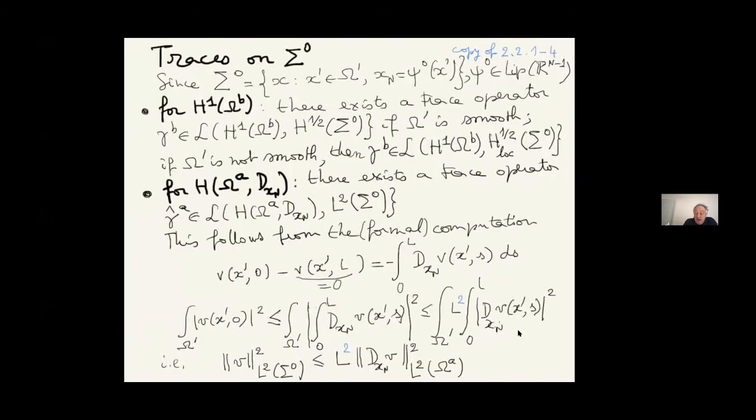So there exists for H1 of omega B a trace operator that I call gamma B, which maps H1 of omega B into H1/2 of sigma 0, if omega prime is smooth. If omega prime is not smooth, this is H1/2 loc. For H of omega A, d over dxn, there also exists a trace operator that I call gamma A, which maps H of omega A, dxn into L2 of sigma 0. And this follows from a very simple formal computation,